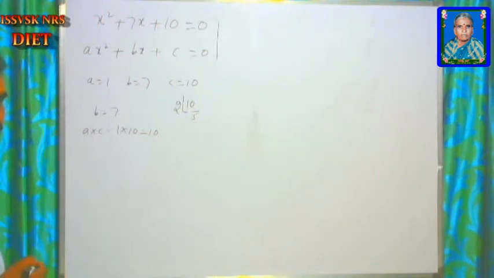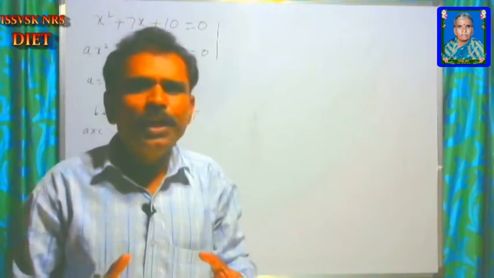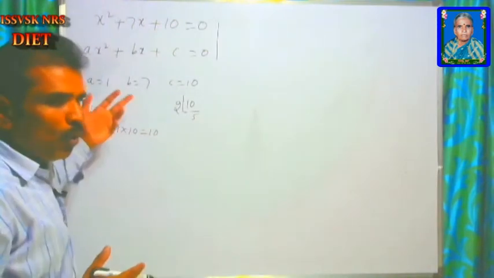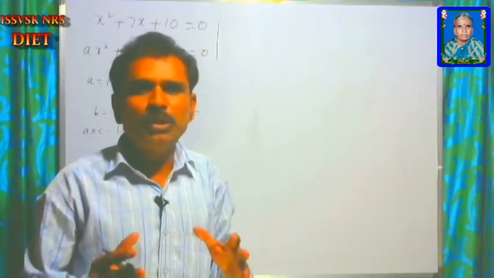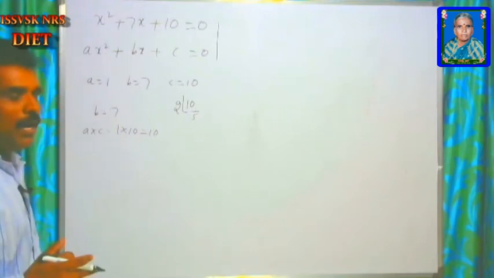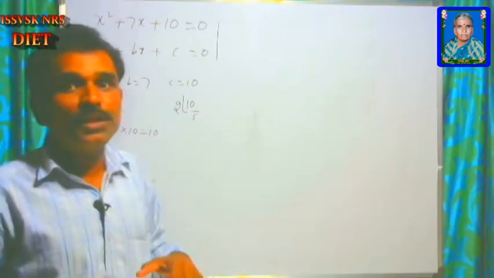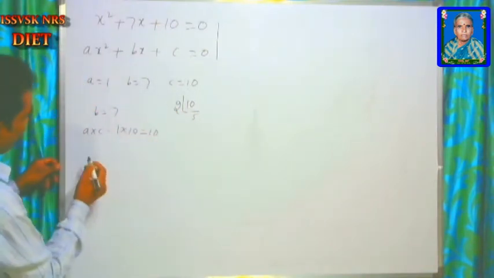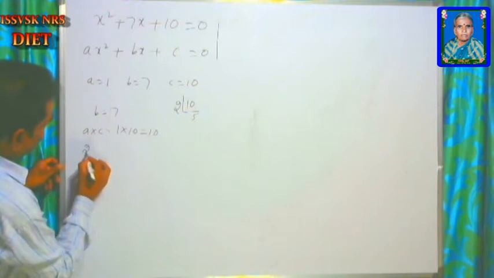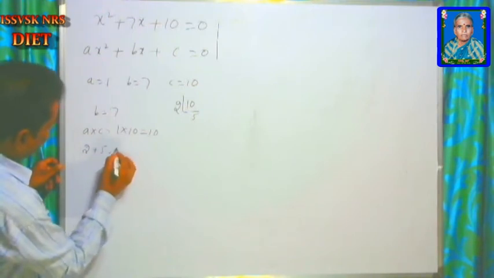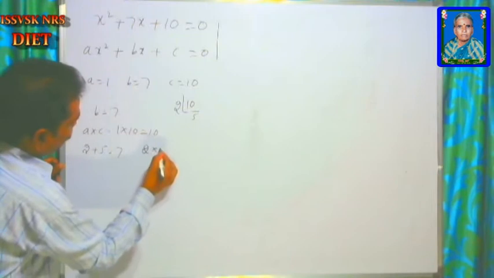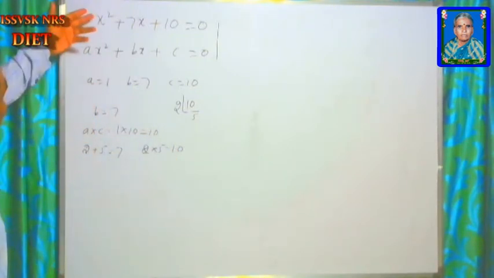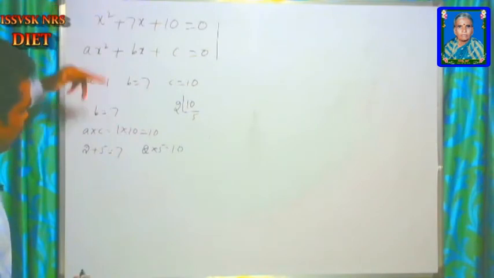Actually, what we have to do here is consider two numbers such that the sum of those numbers should be equal to 7 and the product of those two numbers should be equal to 10. That's all. You just take 2 and 5. So 2 plus 5 is equal to 7, and 2 into 5 is equal to 10. Therefore, this quadratic equation implies